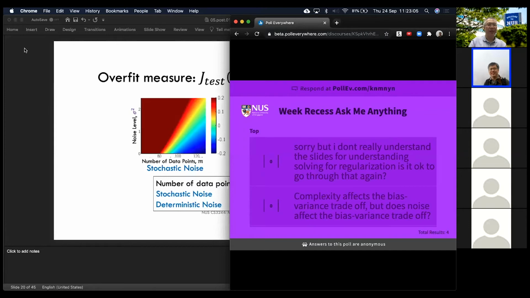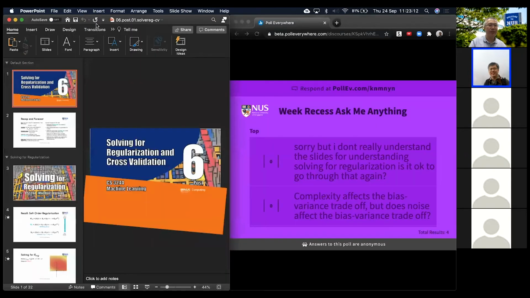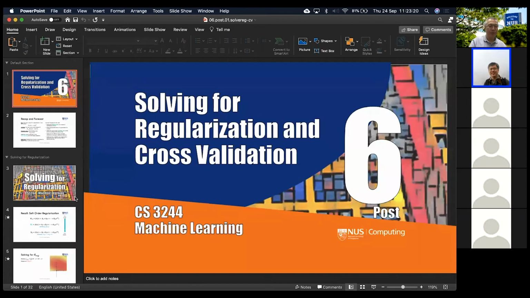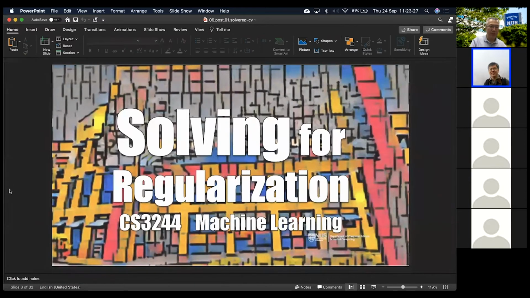Okay, let's go to PowerPoint and pull up that slide. Nope, I'm not saving that. Okay, yep. Good. All right. So when we're solving for regularization, let me get this out of the way. Okay. When we're solving regularization,